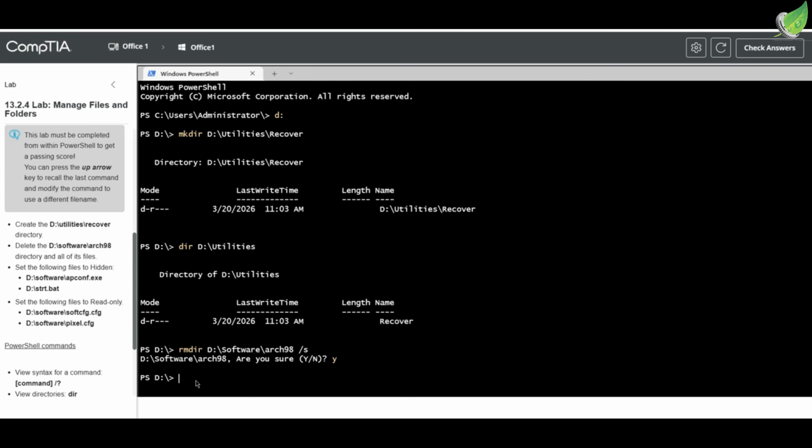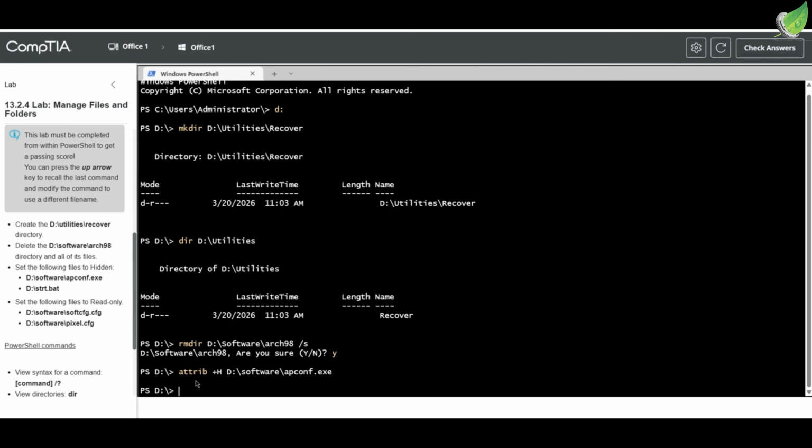And for these, we are going to type in attrib +h d: /s software, then /appconfig.exe, then you press enter, and then they're going to input